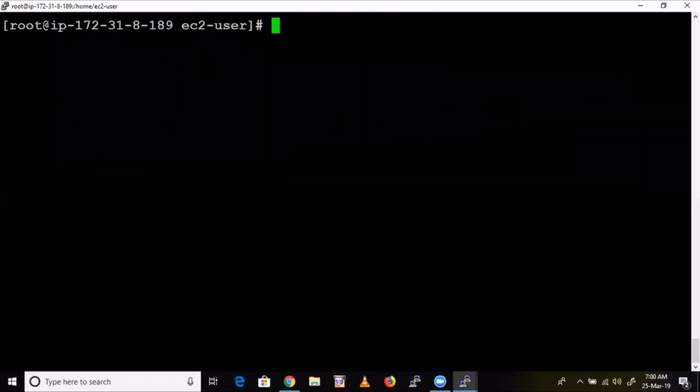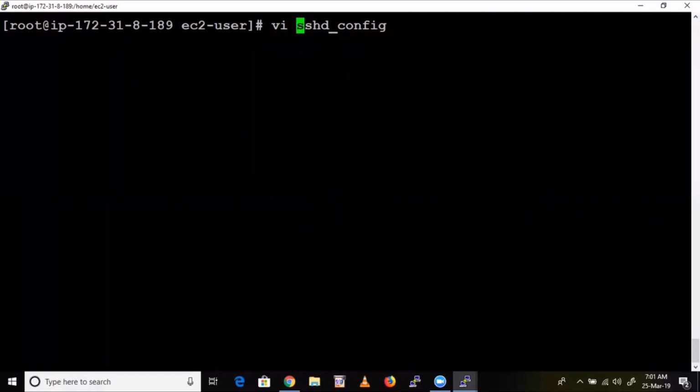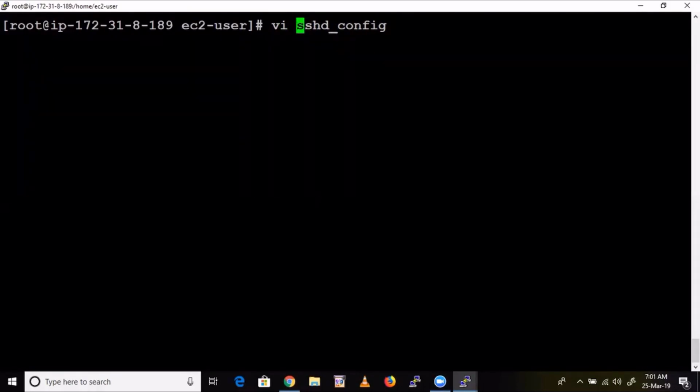For that, we have a file called sshd_config. We need to open this file, so we need to use vi. We need to do some modification in that file, guys. But where is this file?